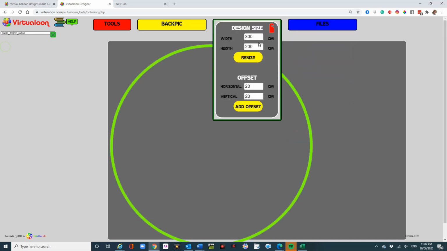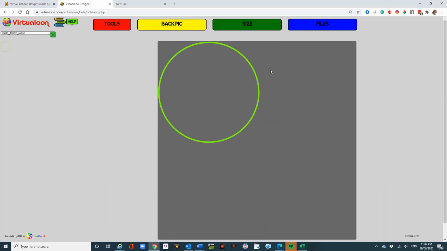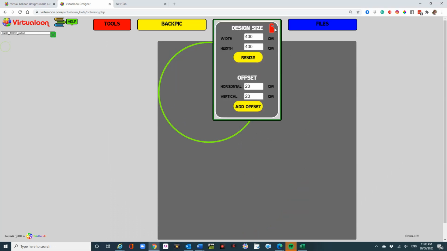Up here in design size, you can see that the circle is a little bit too big for the screen, so I'm going to change the size of the design, the actual background, and the background there is the grey part. That's your working space. Any balloons that you put into the design need to be on this grey background, otherwise you can't see them in the finished design. You'll notice that it's to the left hand side there, and I want it in the middle. Go up to the top and click the red button, turn it green, and see the offset buttons there,